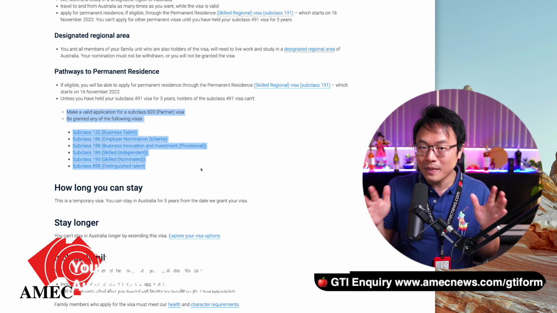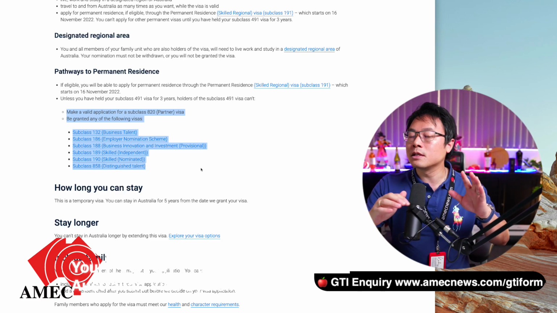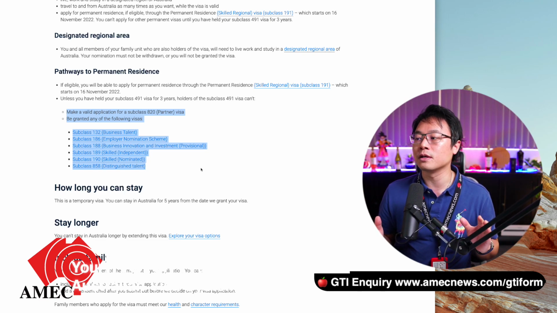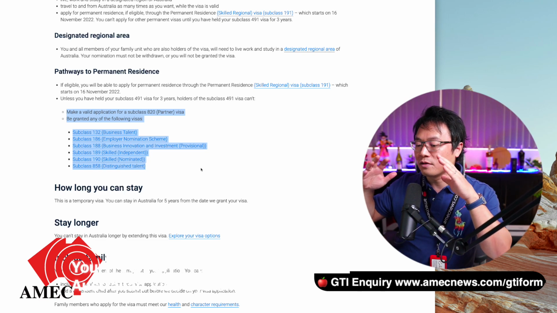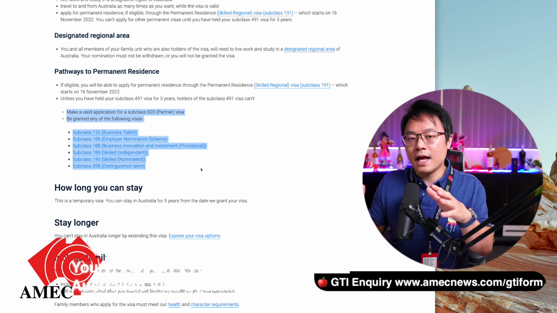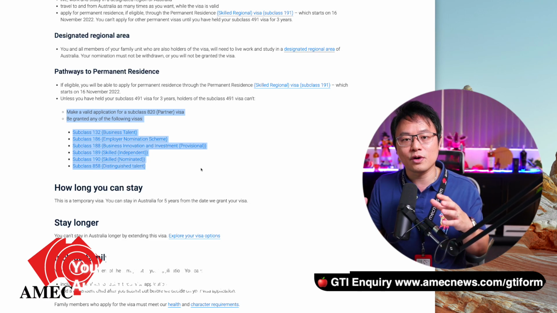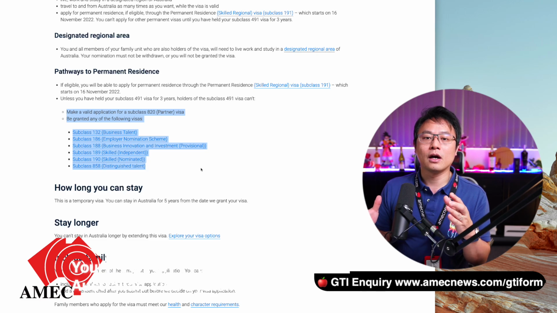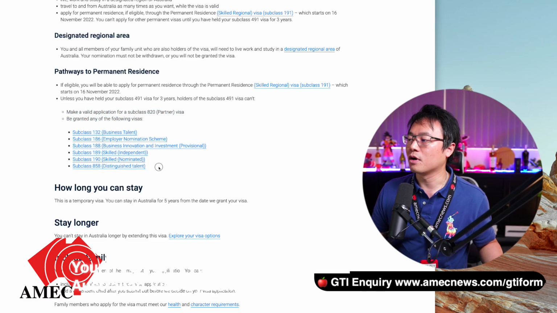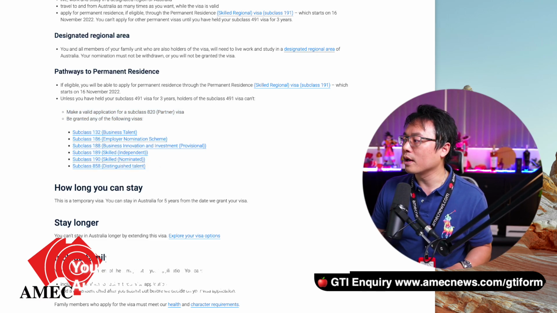Not even if you get married to an Australian citizen can you lodge it within that 3 years. Not even if you have something so innovative that it gives a lot to the Australian economy can you go over that. So the 491 and 494 are the only two visas invented by the former government,